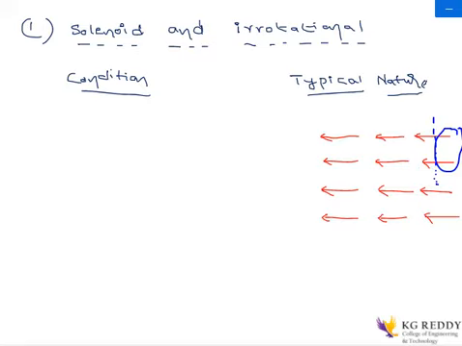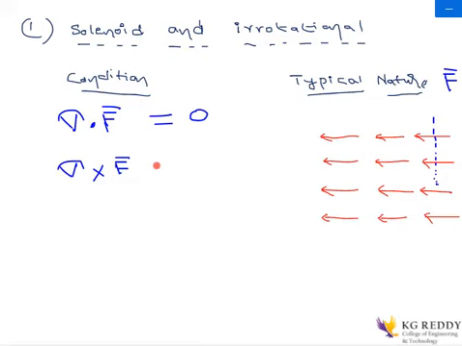Okay, so let us see the conditions for this. As the divergence is 0, there are two conditions which I am going to discuss here. Let us think that f bar is a field. I will be taking a divergence, which, as you all know, can be taken as a dot product with that vector, and the curl can be taken as del cross the field. Now today we are going to discuss whether this is equal to 0 or not equal to 0. First of all, as we have seen in the previous class, the curl will exist whenever